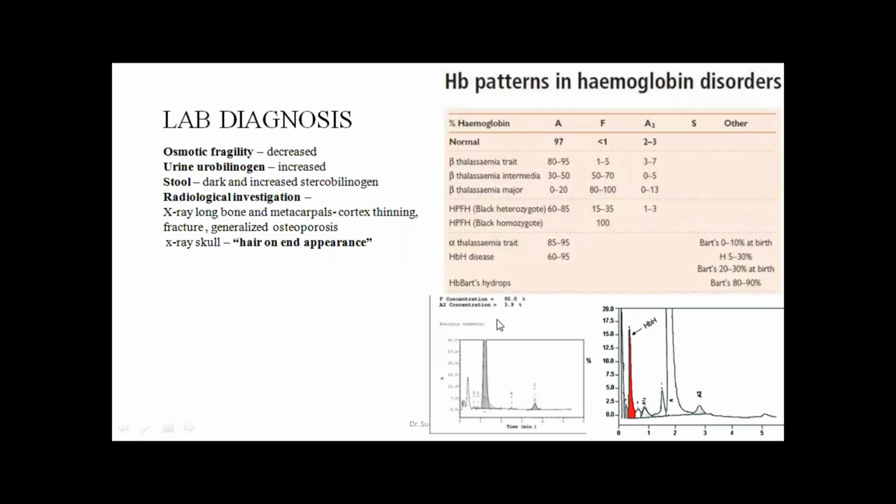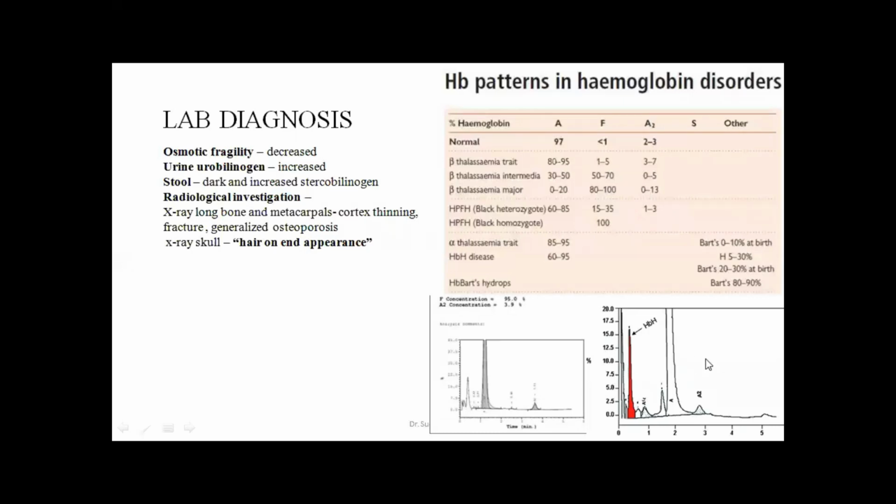Okay, why beta thalassemia? Because fetal hemoglobin has alpha 2, meaning if there is fetal hemoglobin, the alpha chains are okay, but the beta chains are defective. Synthesis of HbA requires alpha and beta both, but synthesis of HbA2 requires delta, not beta. So there will be fetal HbF and HbA2, but no HbA, no adult type of hemoglobin. So the diagnosis of this HPLC will be beta thalassemia major.